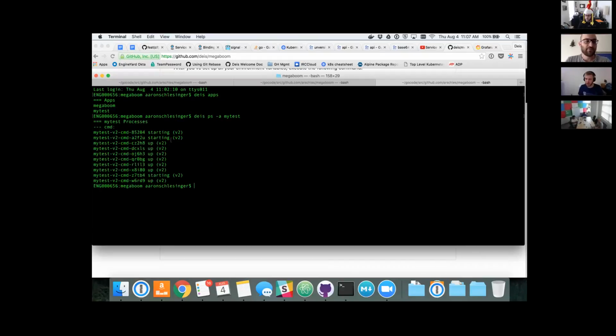We have 10 instances of the MyTest server, and I believe I have this already queued up. So the MyTest server is just an instance of Deis's example Go server. To get this deployed, I just did a Deis pull example, Deis/example Go. And it really just outputs powered by Deis. So nothing too exciting here, but what I want is to run MegaBoom against the server and test to see,